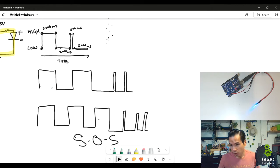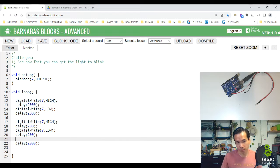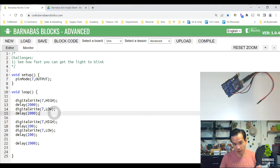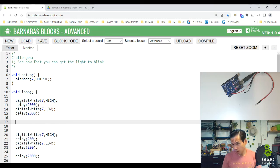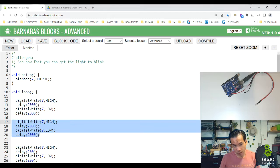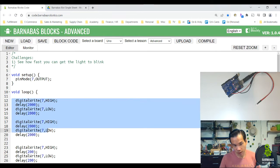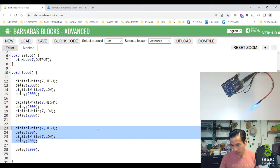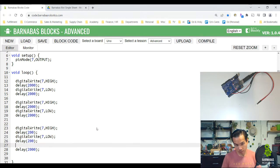where it's one long blink, another long blink, and then 2 short blinks after. Okay, so how would we do that? Let's go ahead and do that real quickly. So these 4 are a long blink, right? So I'm going to copy that, just Control C, and then just paste it right under. All right, so then I have 2 of these now. So I have 2 long blinks, and then I just go to my short blink area. I'm gonna copy that,